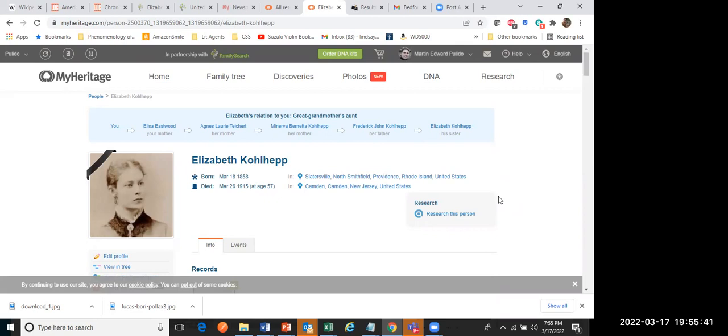Okay, so you essentially have your family tree in Family Search, Ancestry, and MyHeritage, so you can get all of the same information on your ancestors, but if somebody happens to have something unique, you have access to that as well.